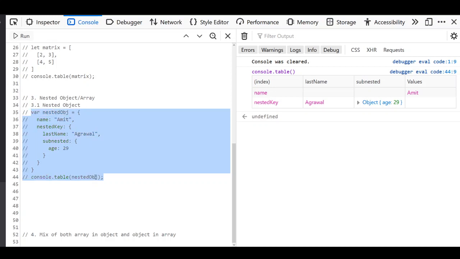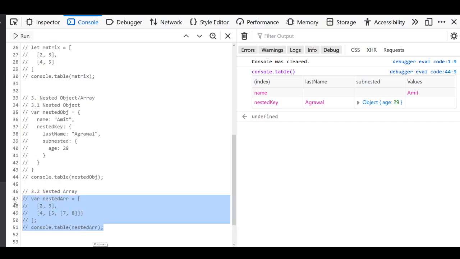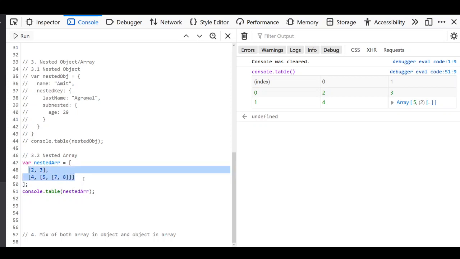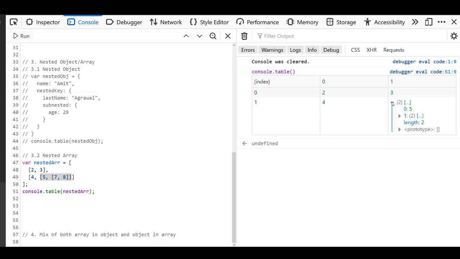Let us see how it works for arrays, right? So 3.1 and 3.2. Let's just see how it works in arrays. Here you can see, let me just run it. In similar fashion to what we have seen here, for the first level of nesting it is going to print out those values. Otherwise, all other values that are sub nested, it is going to create an expandable array or expandable value, so that you can navigate through all other values.